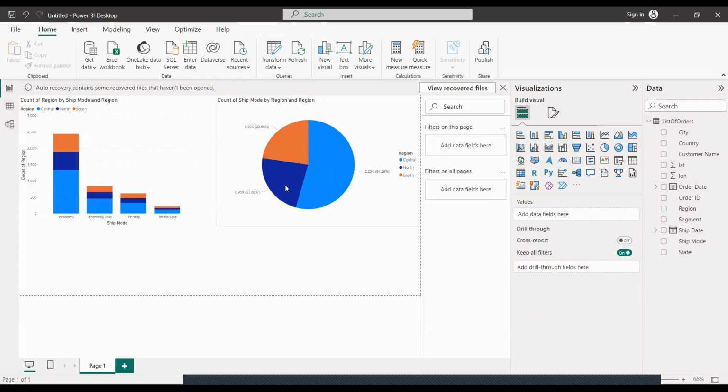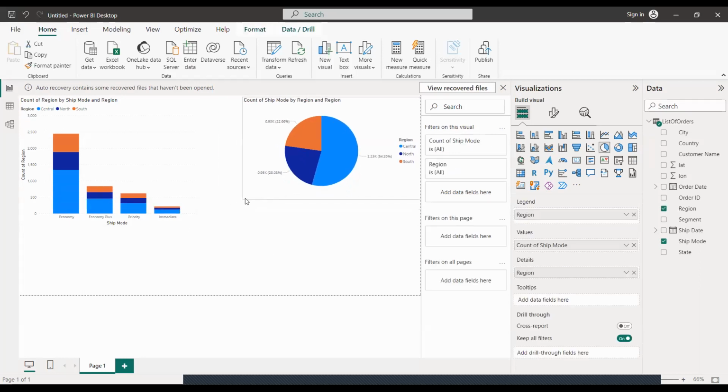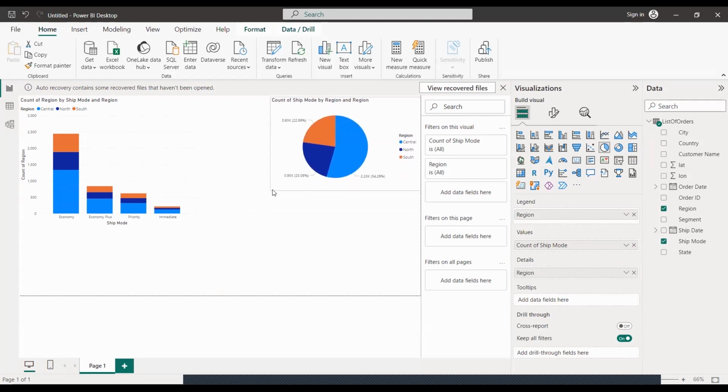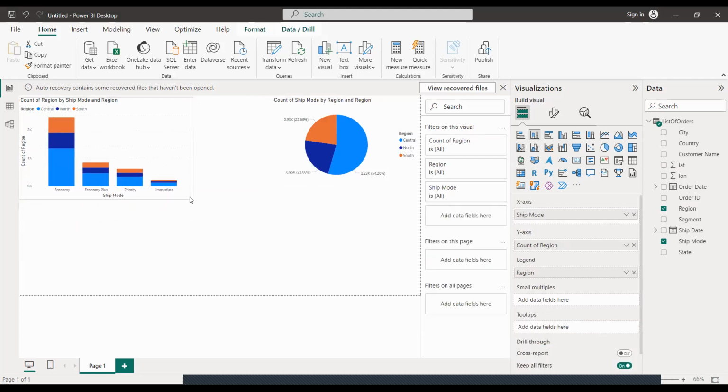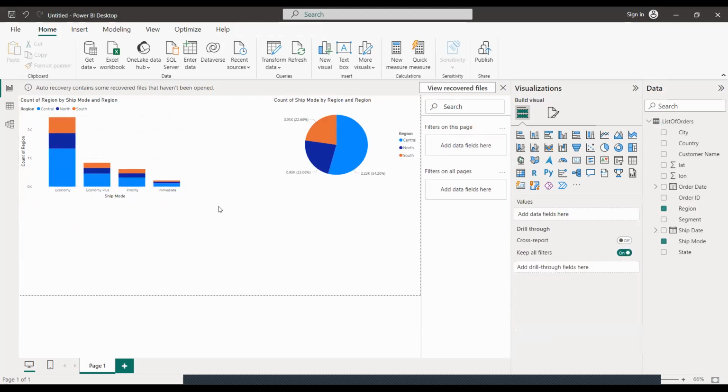So for your charts, you have to learn how to design it in your own way. There is no specific way of modeling or designing or telling the story. With just these two charts, we've been able to tell what is happening.